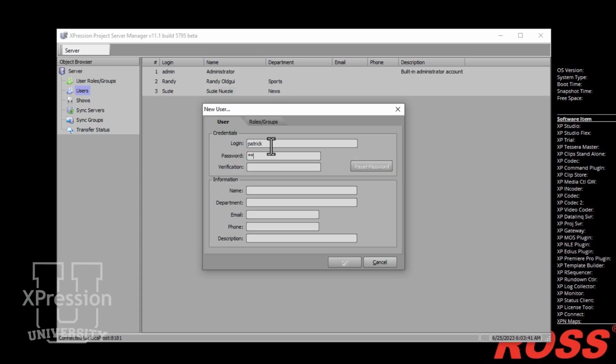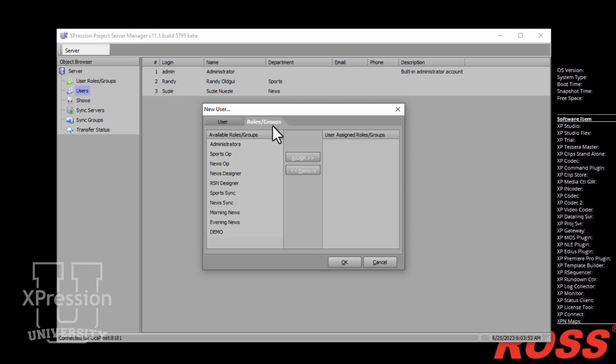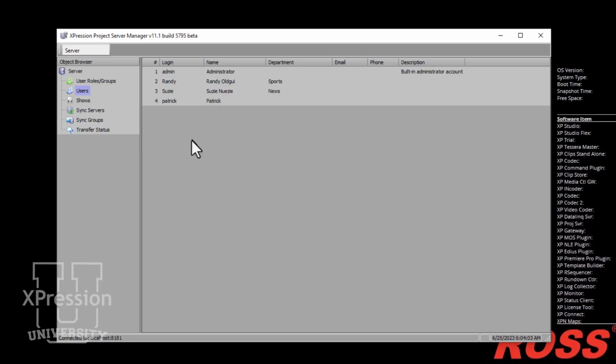I'm going to put my password in. You can't see it. I'm going to just leave the basic information in. Now, I can go in here and I can add a user to a role. So I'm going to leave that alone for the moment because I want you to see what I'm going to do with it. I'm going to click OK because I'm going to go and create a new user